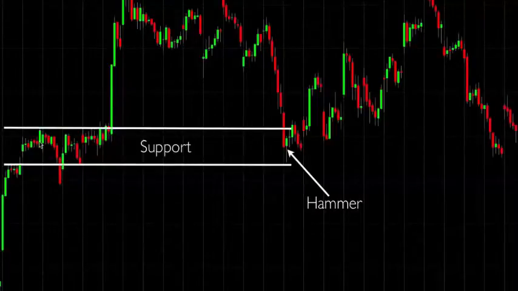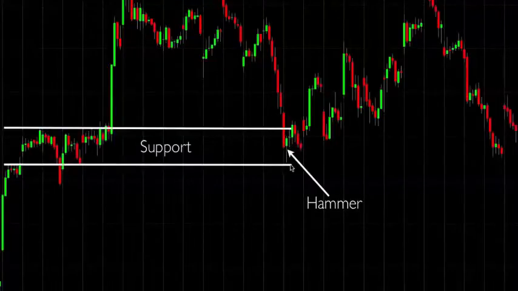Here you've got support coming in. You can see all this consolidation over here, and that often acts as support, especially when we have seen a move like this, vertical up and vertical down. Here the sellers are exhausted. They come into support after a big vertical drop, meaning they simply can't break through without a break. I'm not saying it will not break down later on, but when you then see a hammer, that's the exhaustion where you should go in.